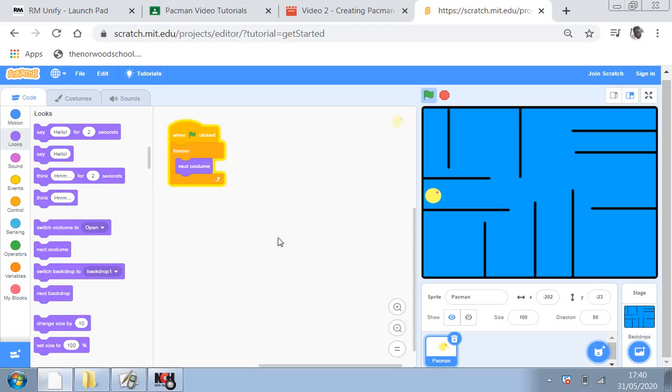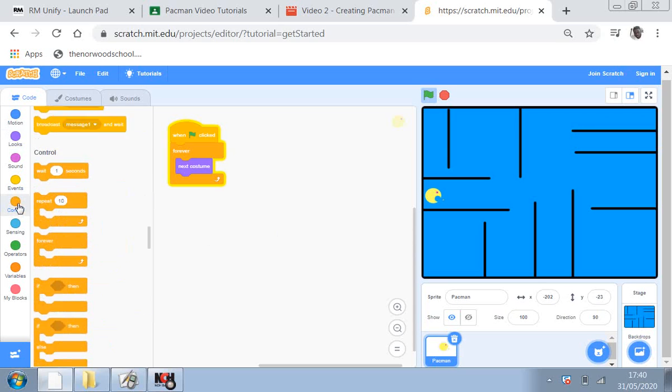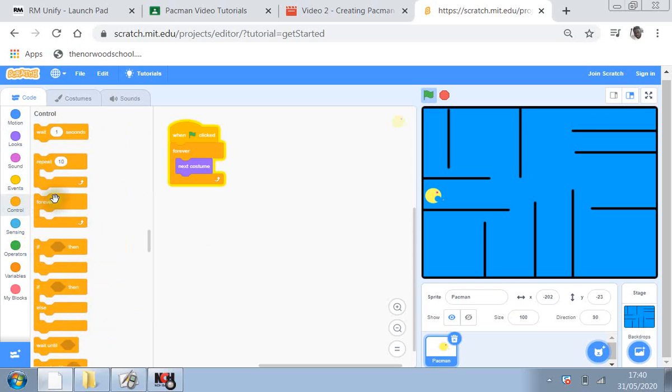Alright, so you've hopefully paused it and figured it out. If not, please pay attention. So, you go back to control, and then you'll see that there's a wait 1 second in here. So you can drag that and put it just underneath the next costume. So automatically, you can see it's slowed down, hasn't it? Now what you can also do,